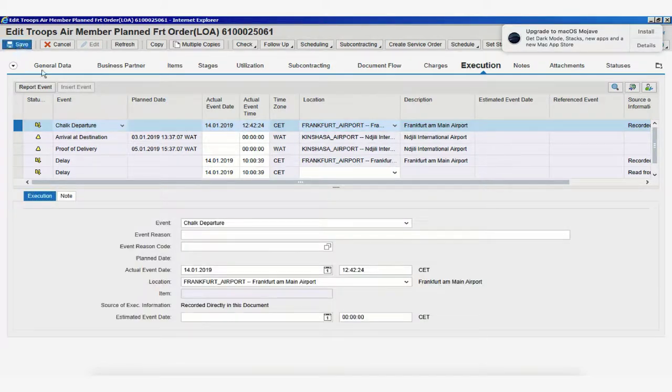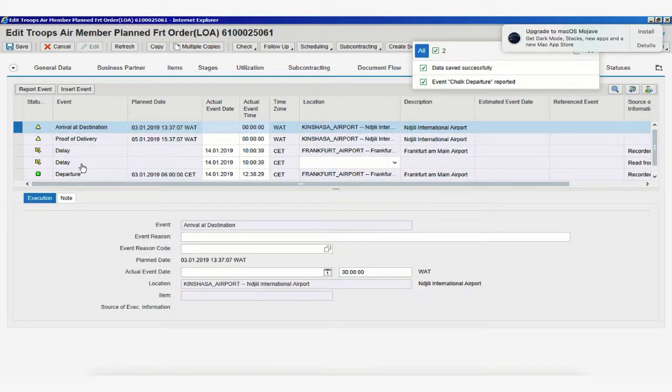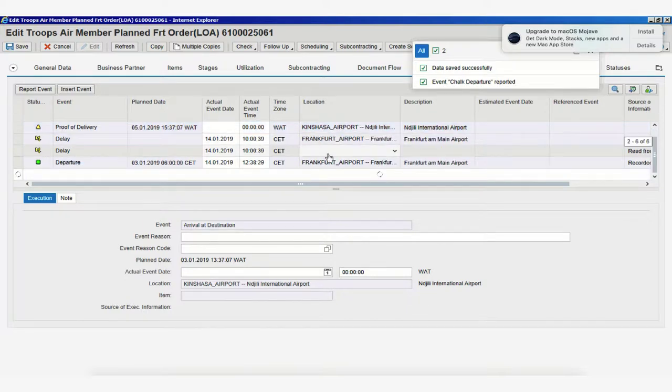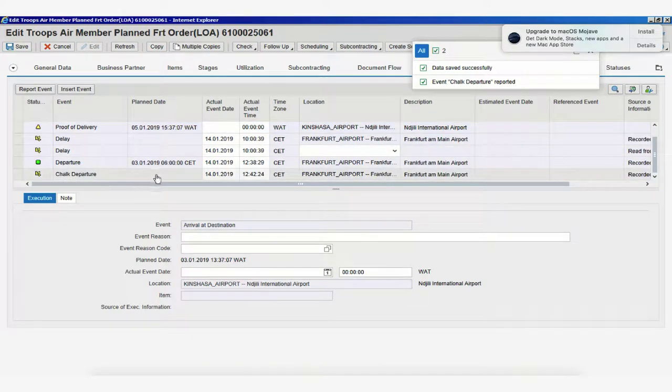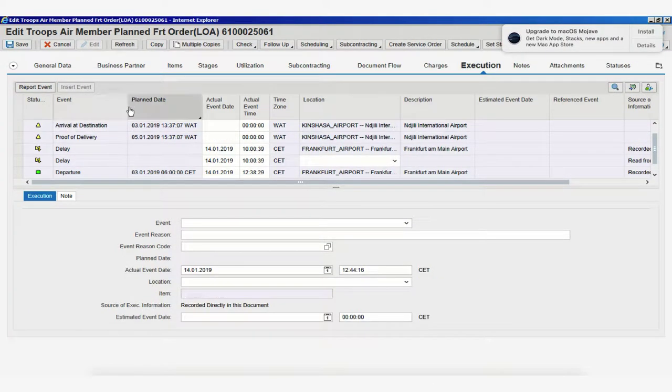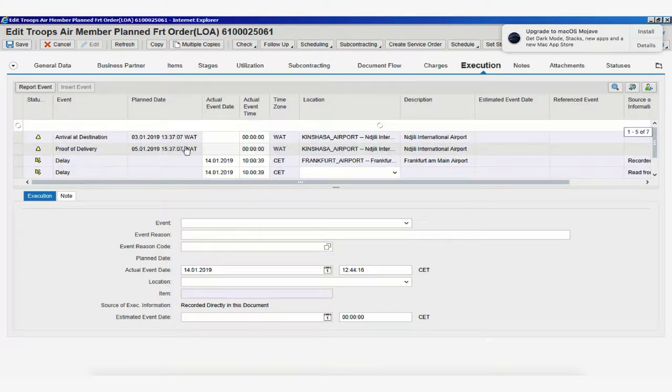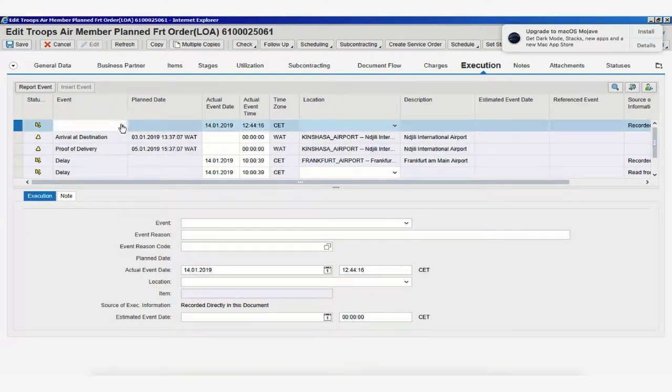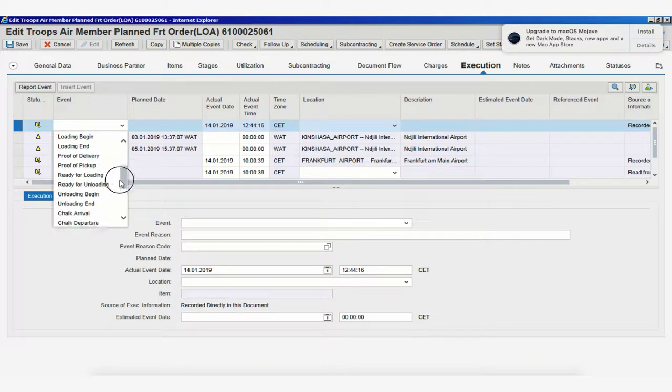Once we click on Save, the chalk departure will show as one more event. Now in this case, it went all the way to the bottom. Remember, you have a scroll button here, so if sometimes you do not see the action you have just performed, it's there. So chalk departure would show here, and we would do the same action, insert event, for the chalk arrival. Now again, scroll up, select from the drop down, and here we could check the chalk arrival option, and